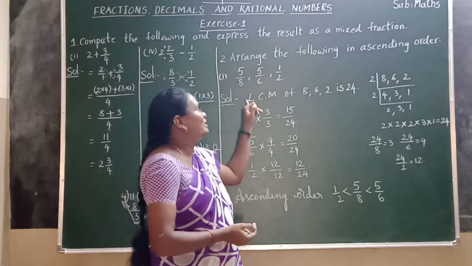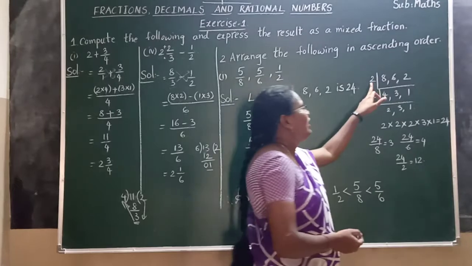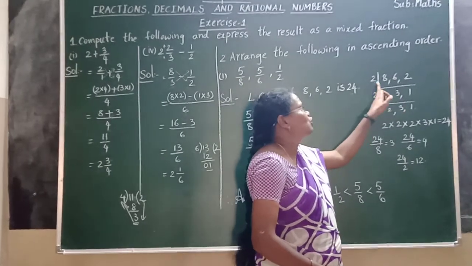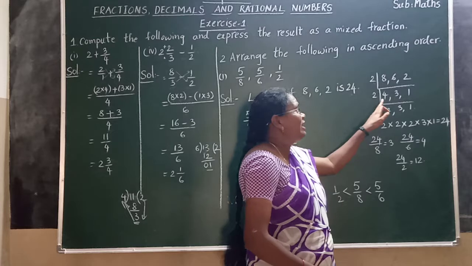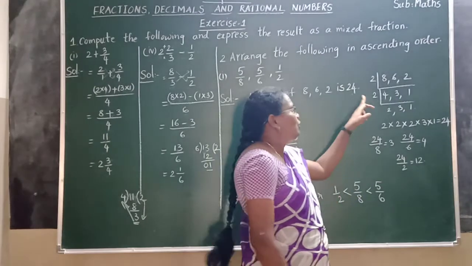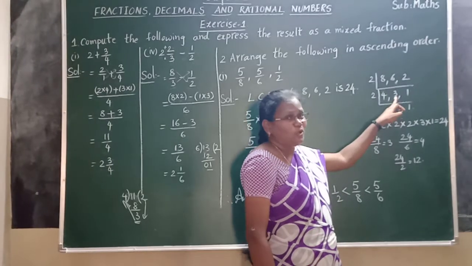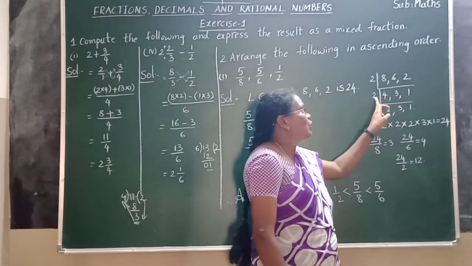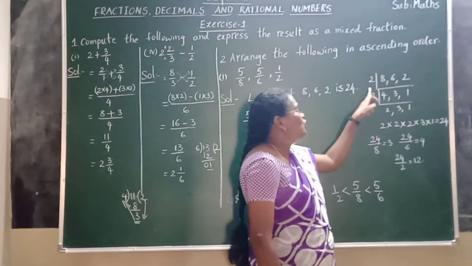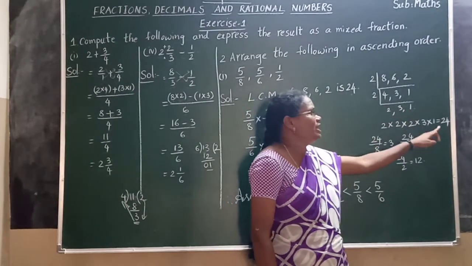First you have to find out the LCM of 8, 6, 2. 2 table in 8, how many times going? 4 times. 2 table in 6, 3 times. 2 table in 2, 1 time. Again 4, 3, 2 is going to which table? 2 table. 2 table in 4, how many times going? 2 times. 2 table in 3 is going? Not going, right? Same as it is. 2 table in 1 is going? Not going, right? Same as it is. 2 2s are 4, 4 2s are 8, 8 3s are 24, 24 1s are 24.